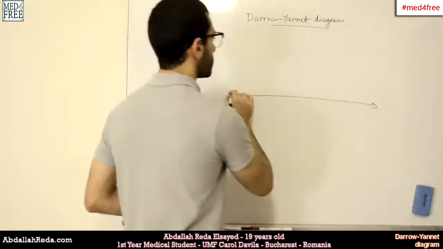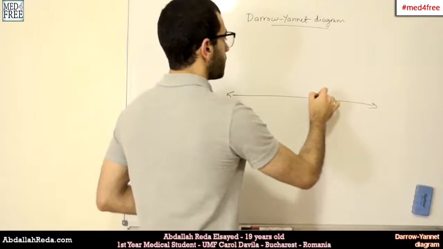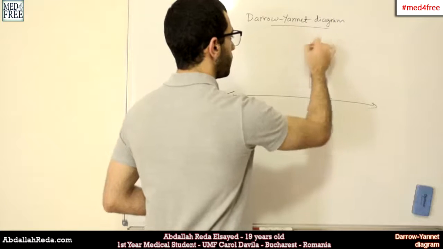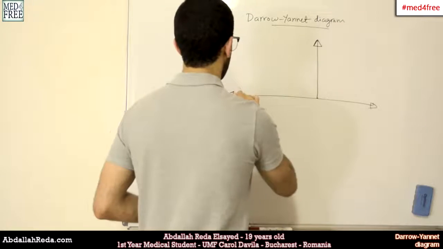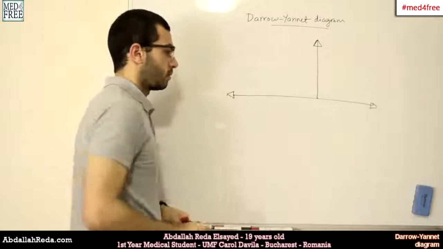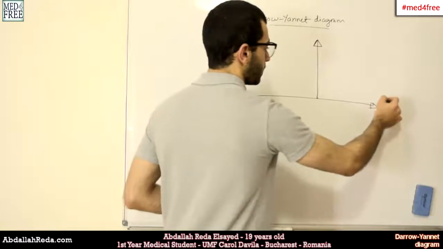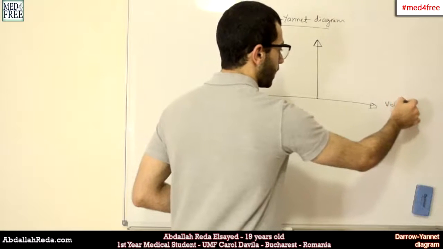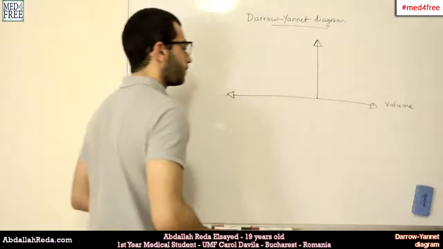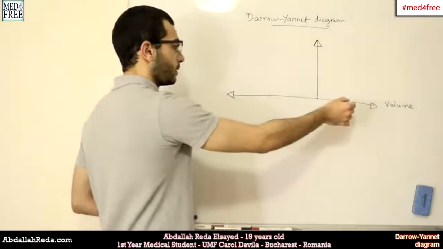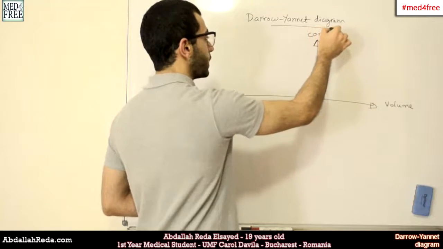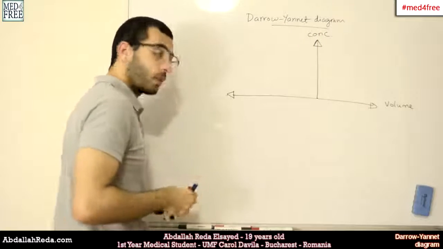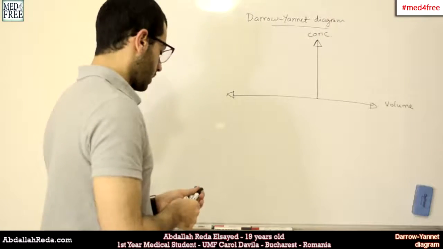As we mentioned last time, this is the y-axis and this is the x-axis, and it has two positive ends because the x-axis represents the volume and the volume can't have a negative value. So this is positive, this is positive. The y-axis will represent the concentration of particles in the fluids, and